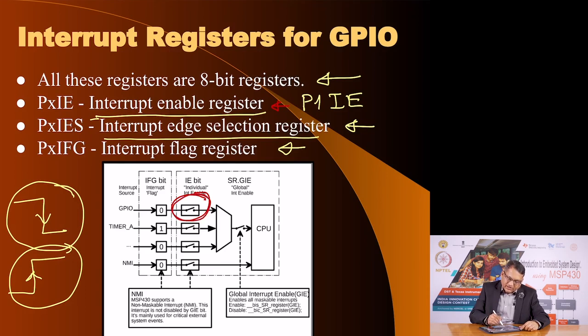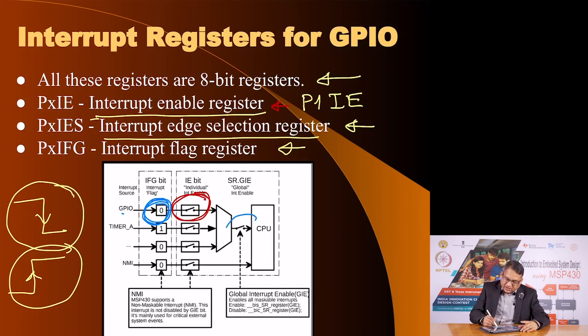The edge selection and the flag register together are here, and so you must get a 1 in this blue bit. If that is 1 and if this switch which is represented by that red circle, if that switch is closed, then only it would generate an interrupt,